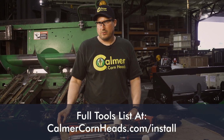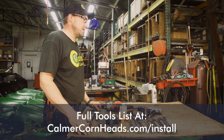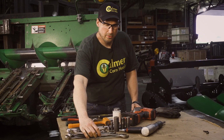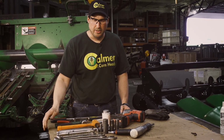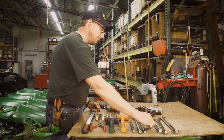So before we get started installing our Calmer residue management kit, here's a whole list of tools that we found useful and things that you're going to need to make the process a little bit easier. Start off with a 1 1/8 or 1 1/4 wrench, depending on which drive system you have. Some of the 12 rows take a 1 1/4 wrench to turn over the cornhead. A pair of 15/16 wrenches, 18mm wrench,